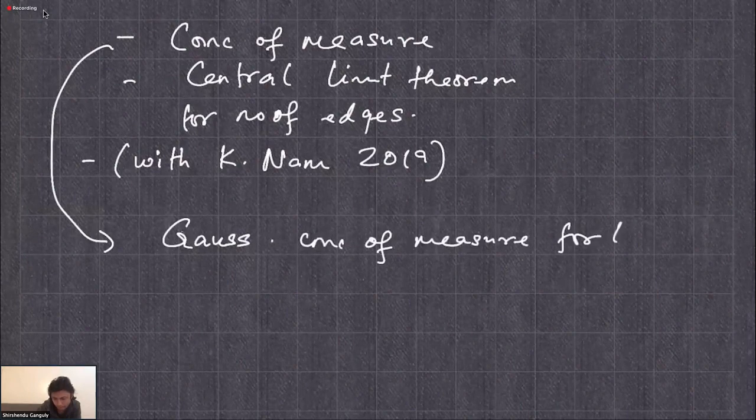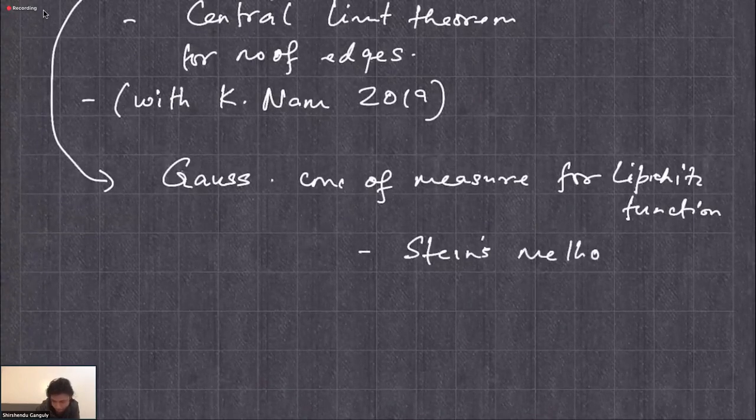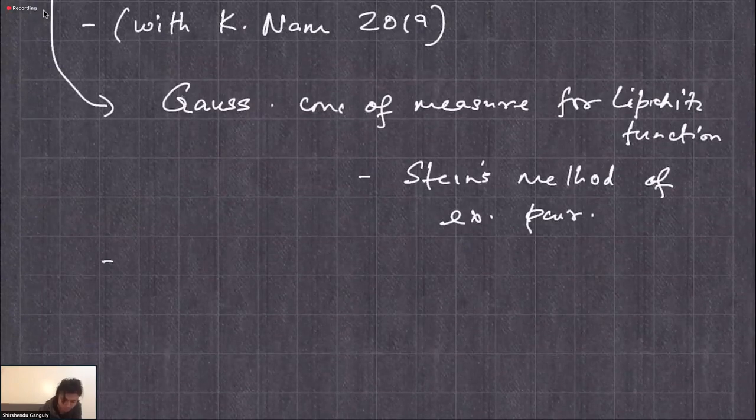For Lipschitz functions. And this is roughly using Stein's method of exchangeable pairs. And for the second question, we show a partial CLT. So what we show is, if you take